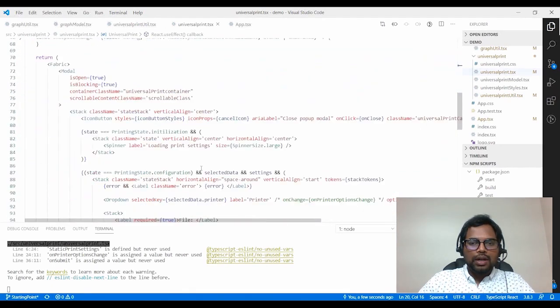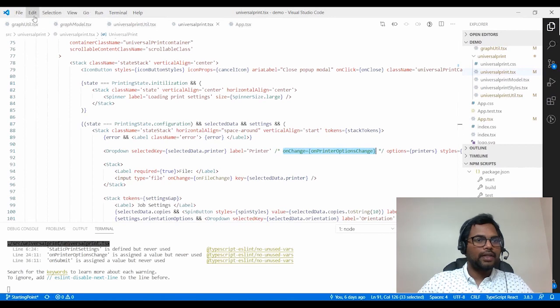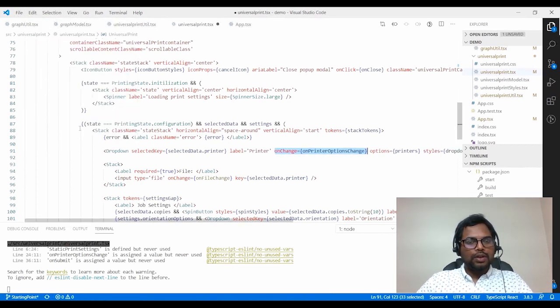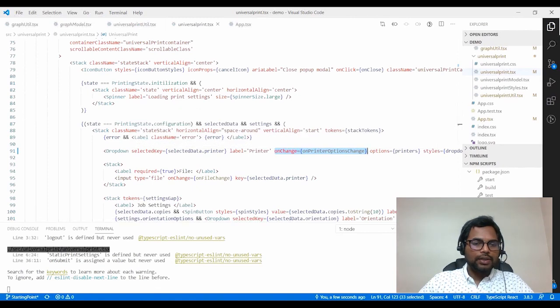I am also uncommenting another piece of logic which gets invoked when the user changes the printer in the dropdown. So whenever the user changes the printer, accordingly we update the printer capabilities. So the code is compiled successfully, and let's test our example.